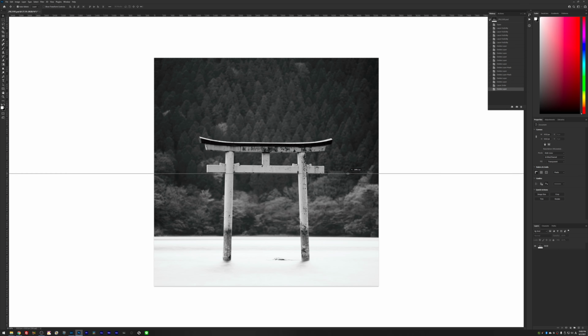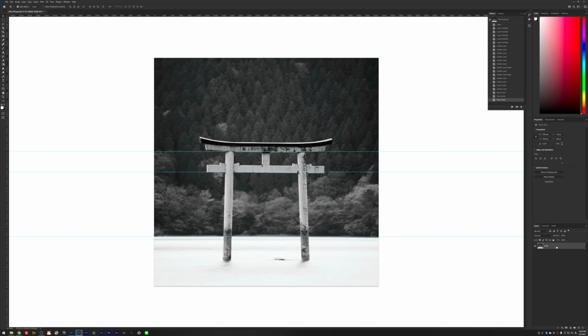If I put my rulers on, you can see here that this part is not 100% straight, and probably this line as well is a little bit off, not too much, but just enough for me to notice. And also probably here in the water, because as I said, this is a really old lens, so Lightroom cannot correct for it automatically, so I always get a little bit of a barrel distortion. So I want to get this perspective right, and I'm going to do that in a really easy way,